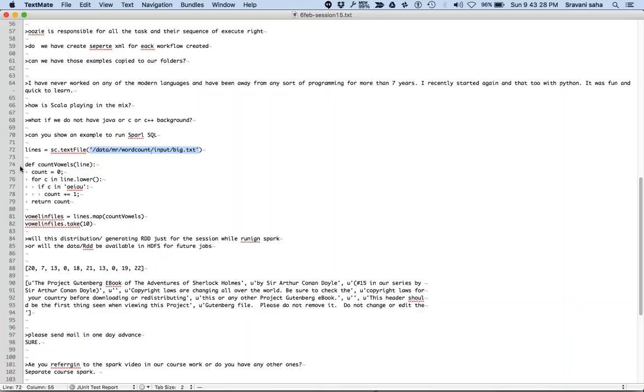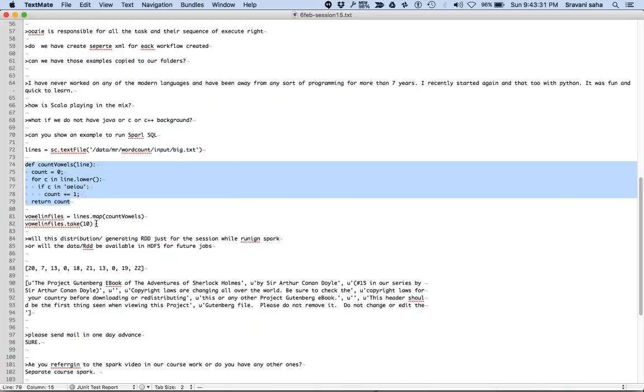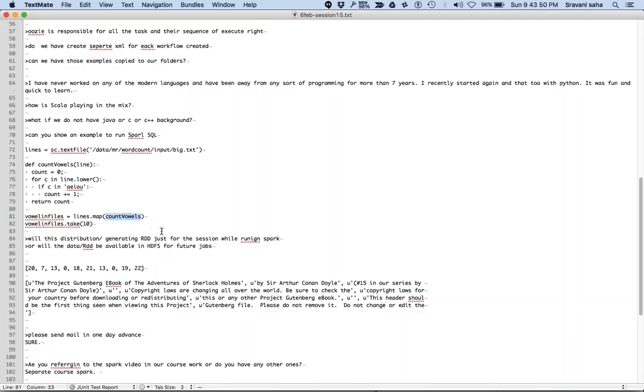This particular function will be executed per line, and every line of this file is going to be passed to it. So lines.map with some function means execute this function on every element of this RDD, and pass every element as an argument to this function. That's what map means in Spark.